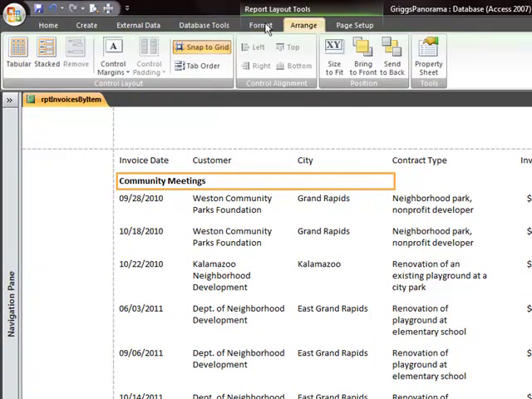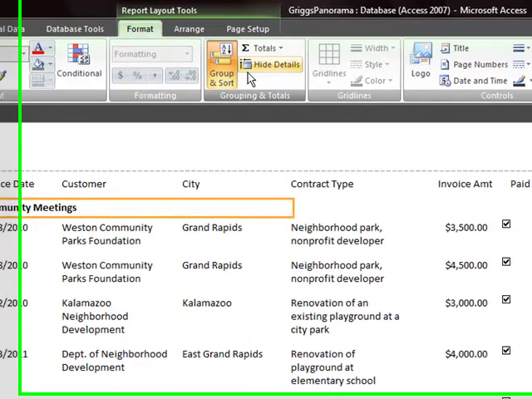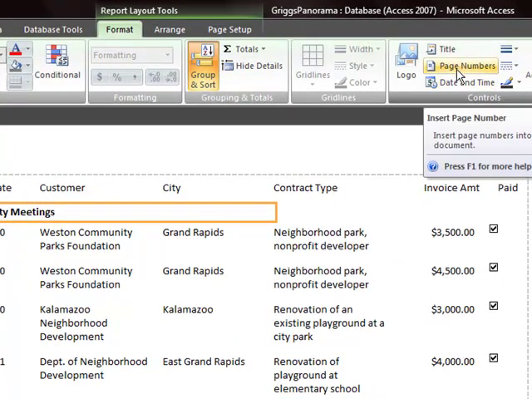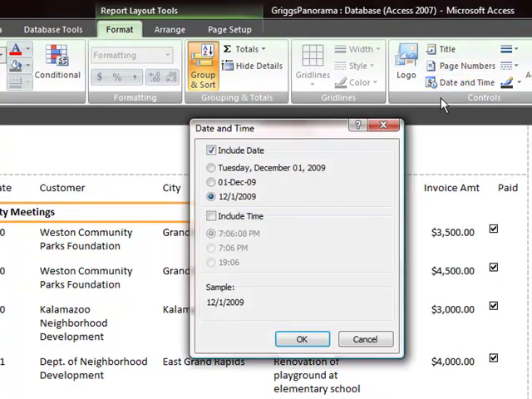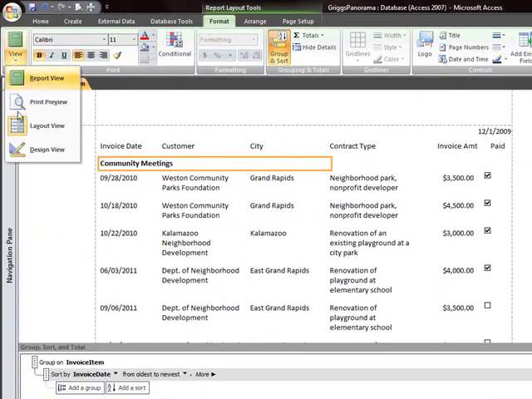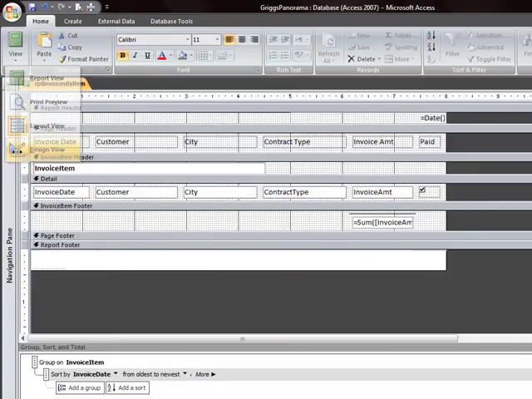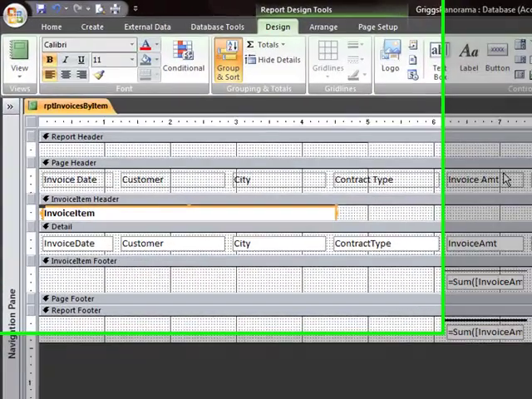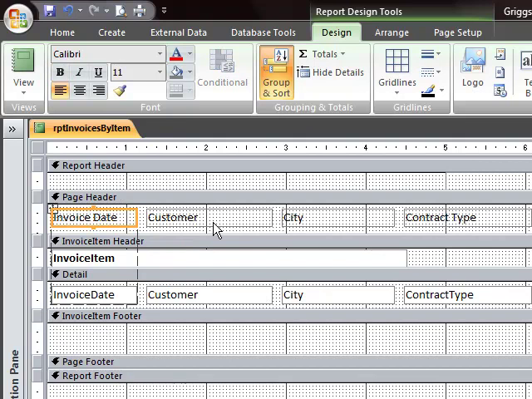Next thing it wants us to do is bring in a page number, a time and date. And I'm going to choose the short date. And I'm going to make sure that it doesn't include the time, and I'll click OK. It looks like it's popped into my report, and it has, but it is in my report header, not in my page header. There's no room for it to fit in my page header, so what I have to do